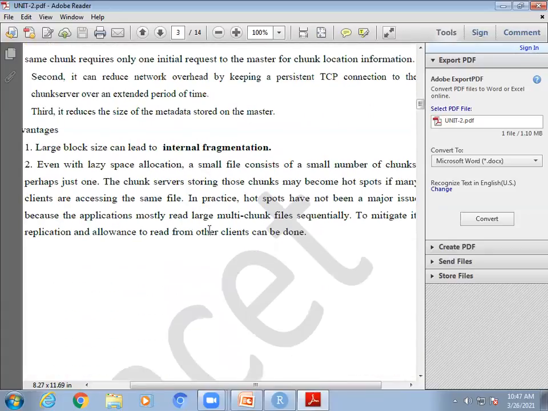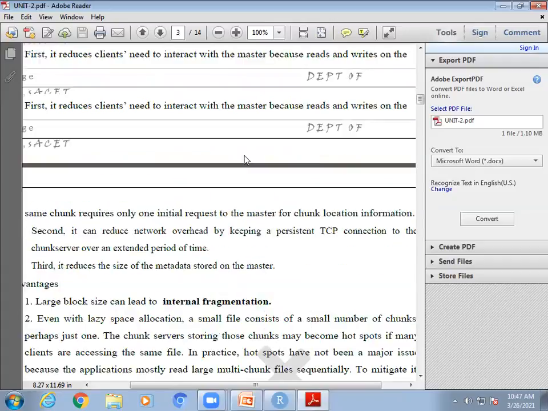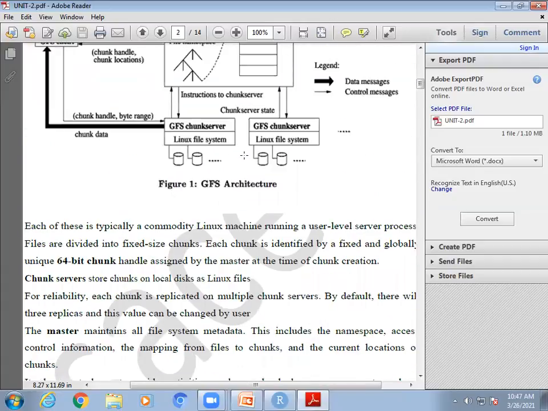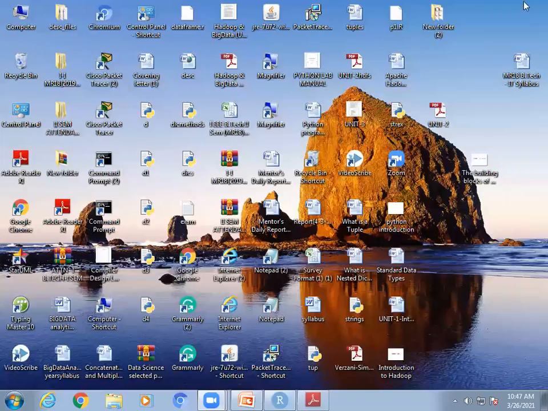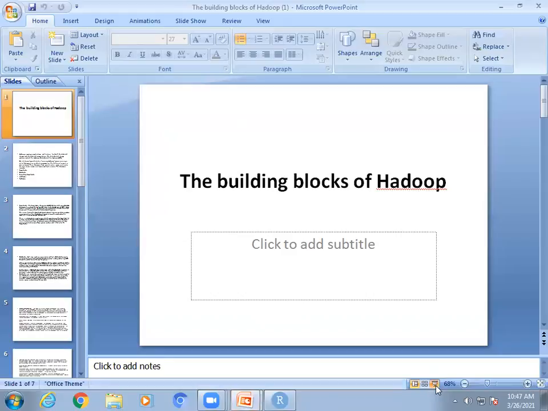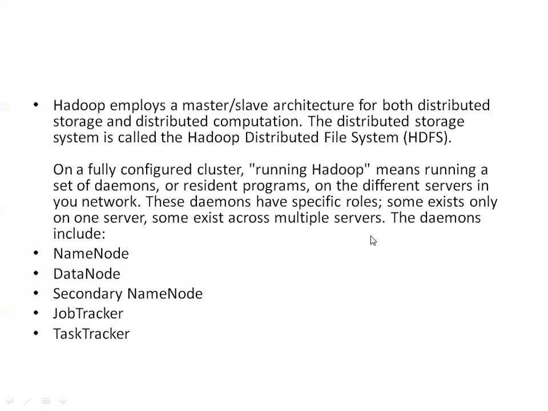So I gave an explanation of the Google file system. Then I will be telling you about building blocks of HDFS. The next concept is building blocks of HDFS. So this topic, GFS, the first topic, is completed. The architecture you have seen and we have discussed that. We will be learning about